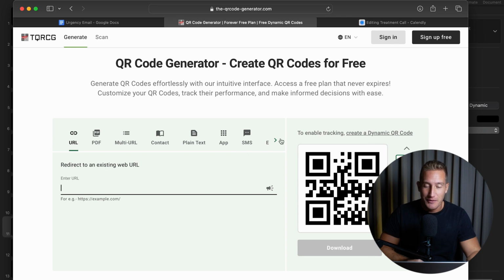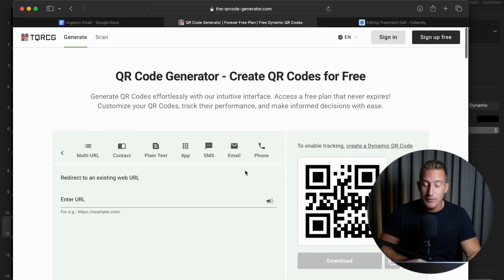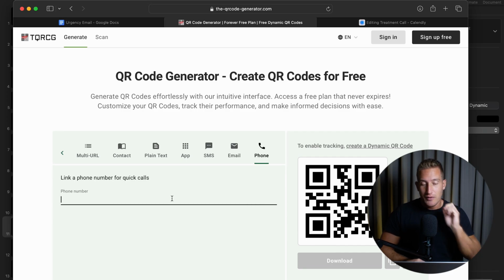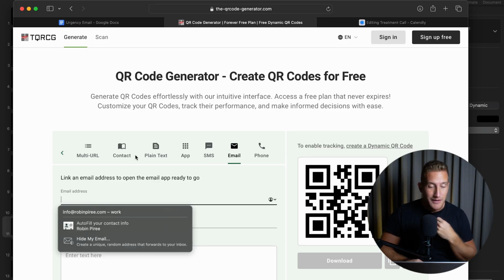So here you can generate a QR code with a way for them to get in contact with you. If they scan the code, they will highly likely use a phone to scan the code. Then it will automatically start dialing your phone number, or they can send a text message or an email.